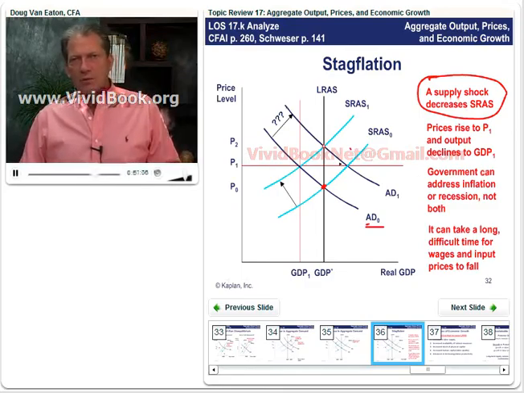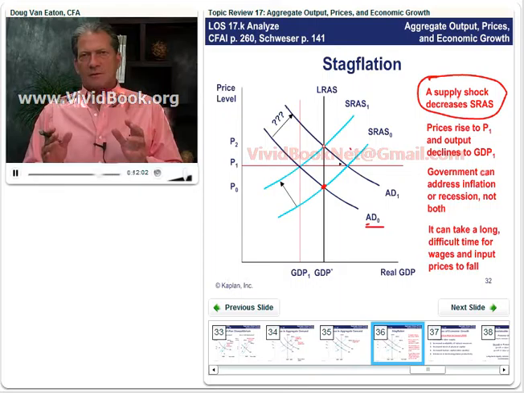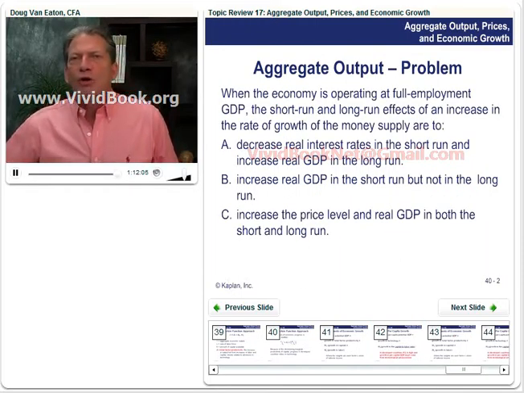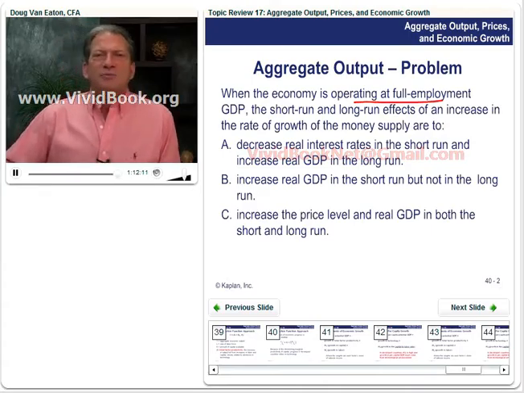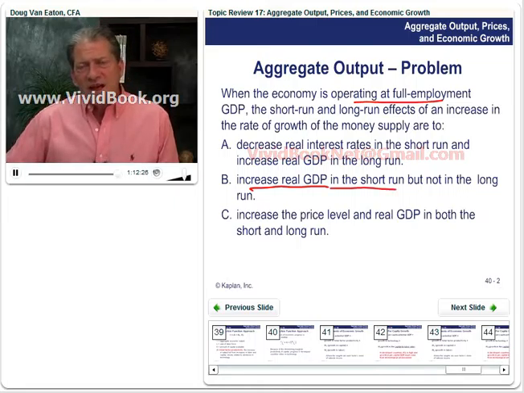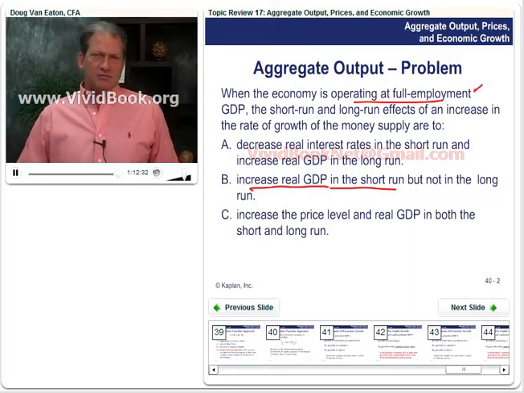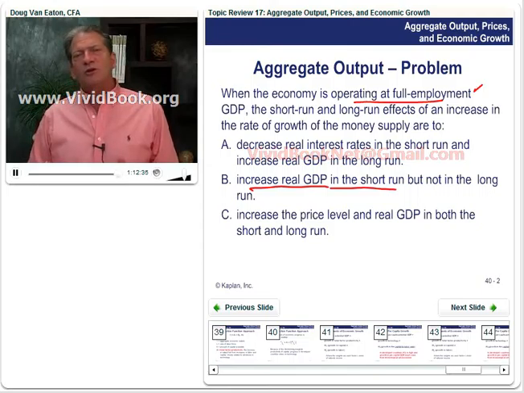increases production, output. But remember from our graphs, in the long run, because we're starting at full employment. So we increase the growth rate of the money supply, that increases aggregate demand. And we shift up that short-run aggregate supply curve. So in the short run, real GDP is going to increase. But what did we say happens in the long run? In the long run, because we started at full employment, that's where we're going to get back to. We lose that short-term increase in real GDP, and prices go up more.